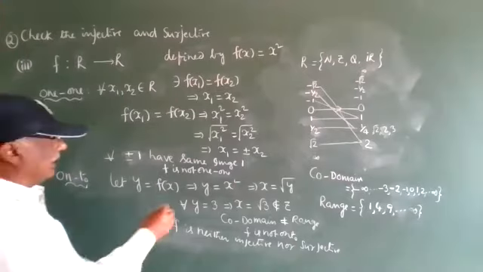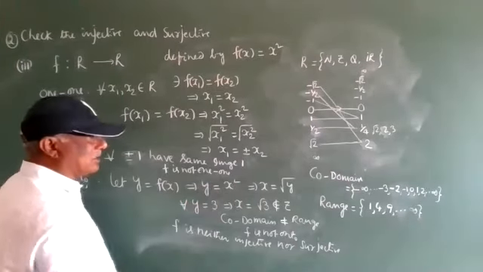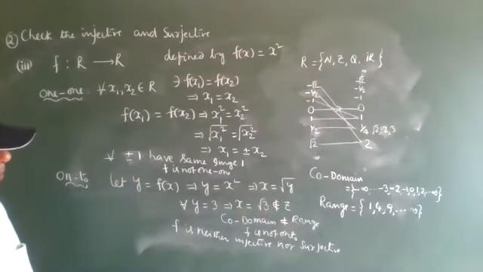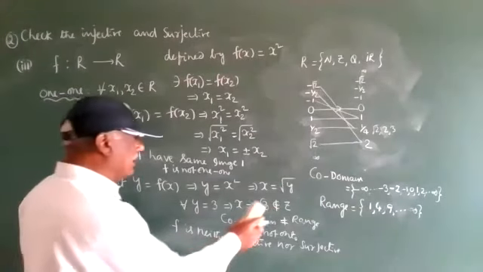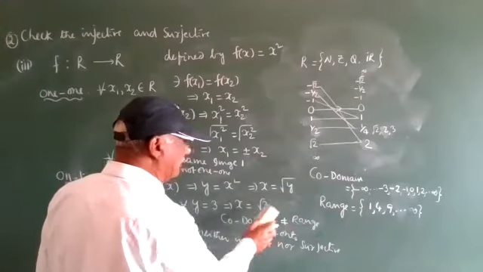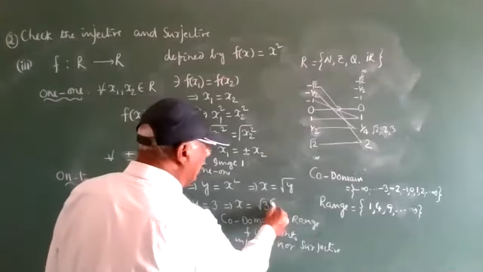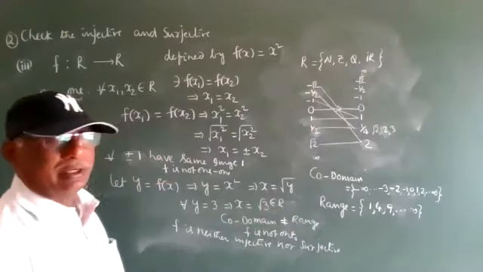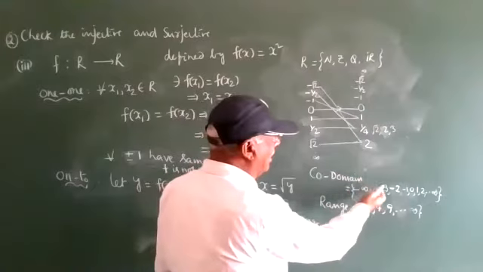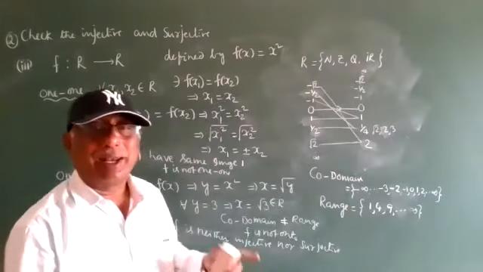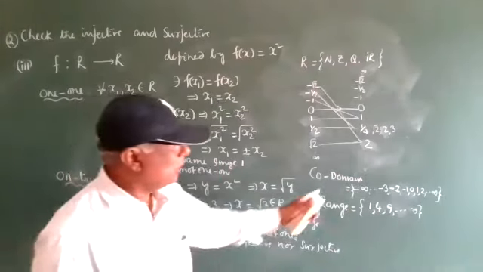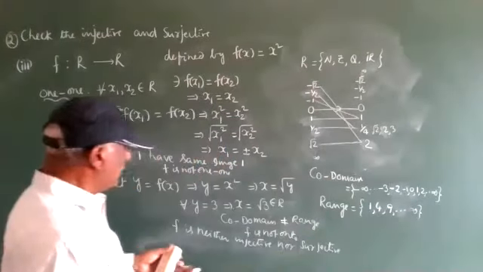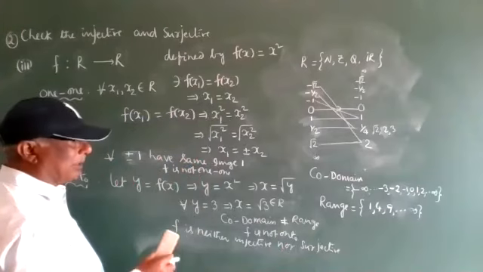Now onto. Y is equal to f of x, x squared, so x is equal to root y. Here we can take 3, belonging to root 3. But what is the point? The codomain has all values, both negative and positive, but the range is only positive. The range is not there for negatives. So here is what I am going to write.